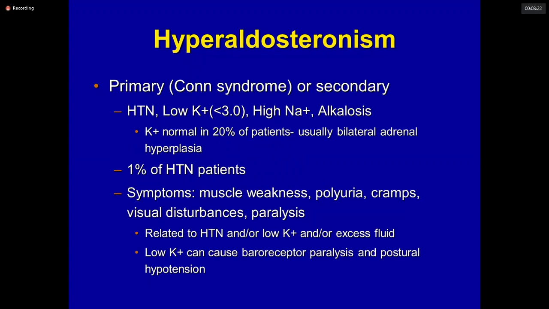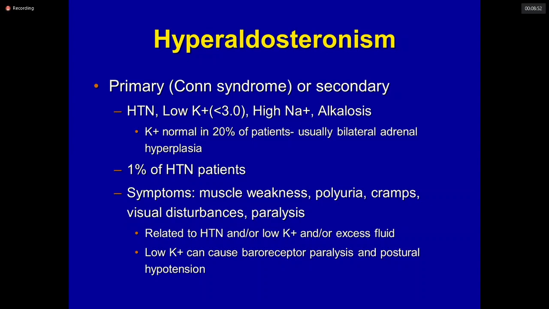And hyperaldosteronism, the primary form, is when we have the problem that is starting from the adrenal adenoma, secreting large amounts of aldosterone by an autonomously secreting tumor, basically. This tumor is not going to be regulated by the negative feedback inhibition mechanisms that we know, and therefore